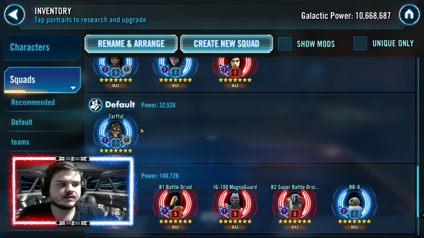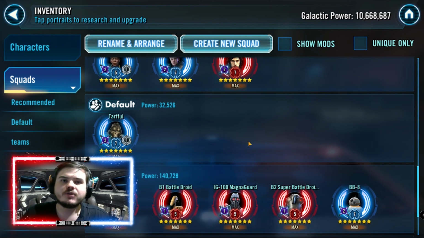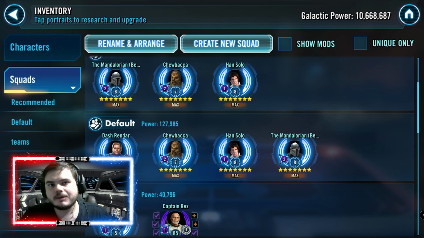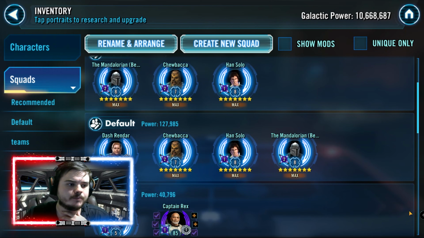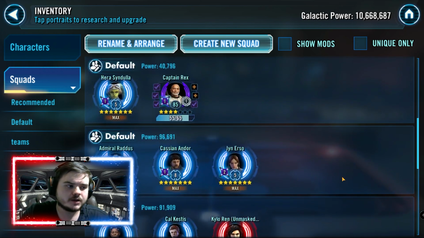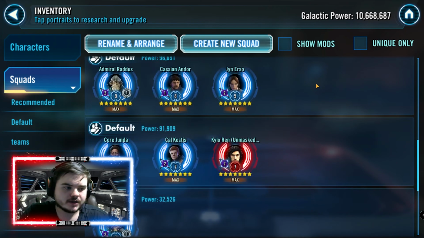Obviously Seer needs a Zeta and Tarth needs a Zeta for them to work, but these are all teams you can use in hard mode Conquest that maybe you have some of them, maybe you don't, and maybe you can work on them. If you have these teams, I'm not saying you're going to max, but your life's going to be a lot easier. Now teams that were good that I didn't include: General Skywalker, Jedi Knight Luke, Padme, just